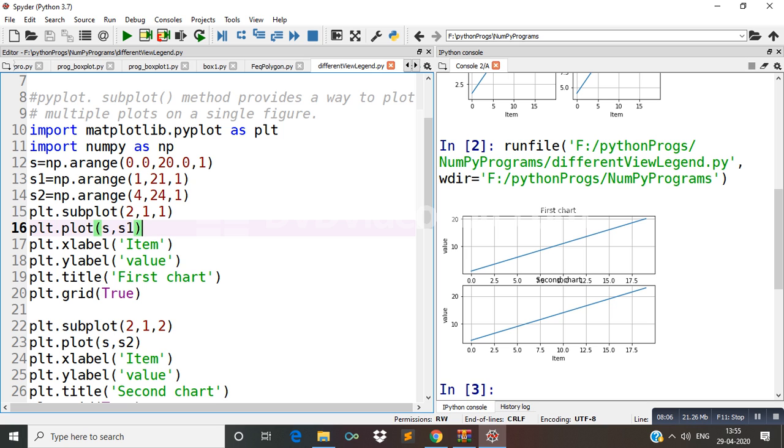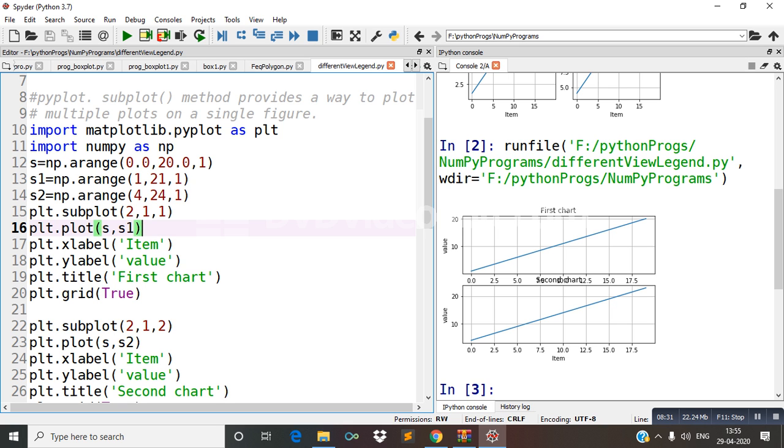So for the first plot we take values S and S1, and for the second plot we take S and S2. Okay beta, as you know, using two lists you can form any line or any plot. So for this purpose in plot we can pass S comma S1.